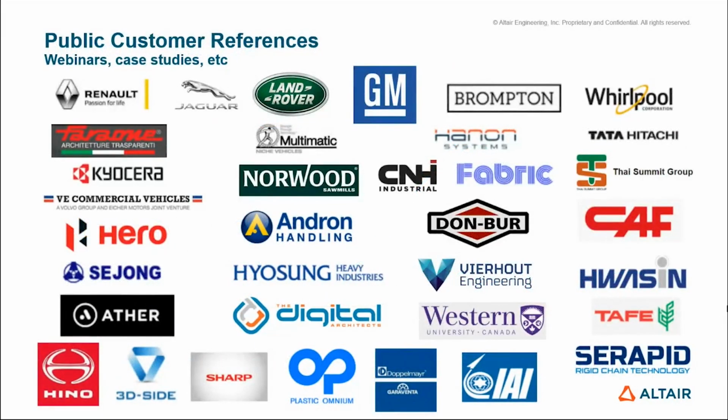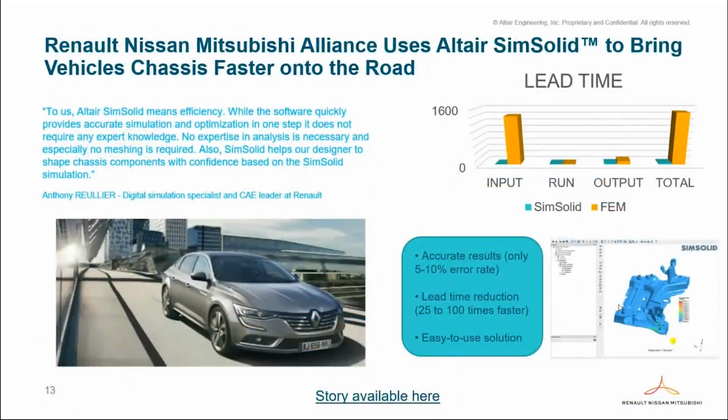So just an overview of the customer and references. Renault, Jaguar, you can see most of the high-end automobile industry, Fortune 100 and 500 companies, and other heavy industries from all over the world. Altair is actually based in Detroit in the US, so they work very closely with the motor industry, the automobile industry. And what's good here is a case study, because as you know, and I'll get to that later,